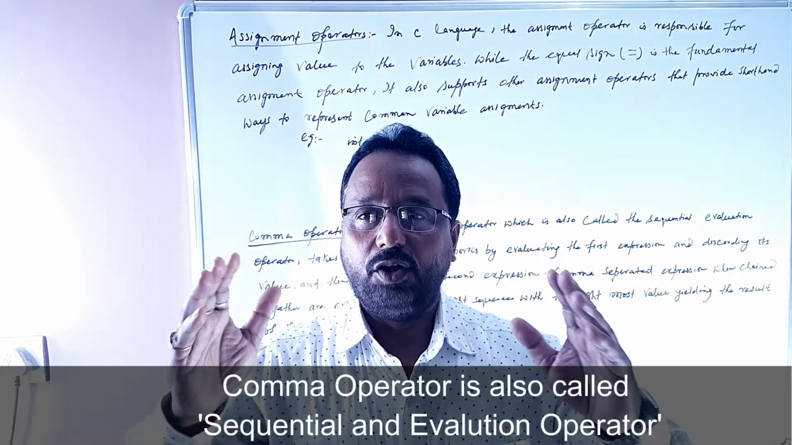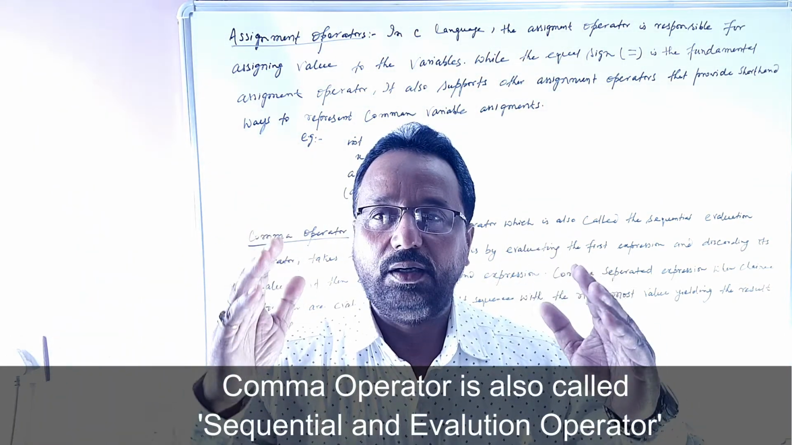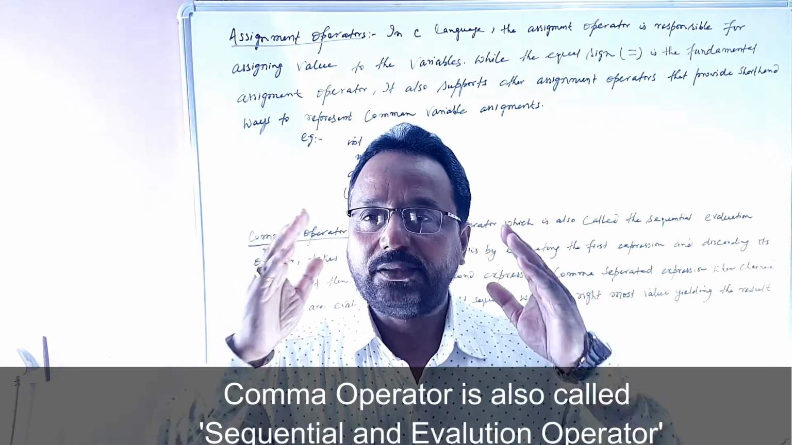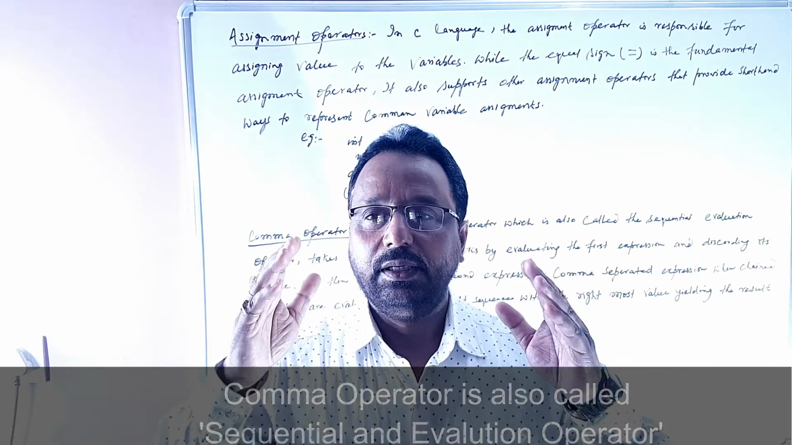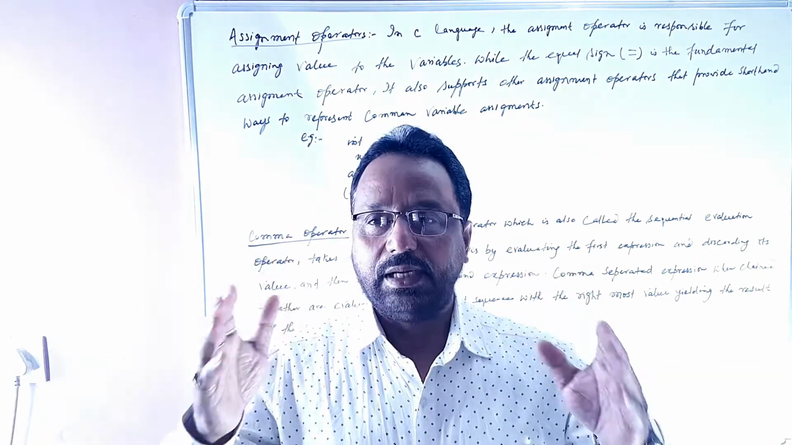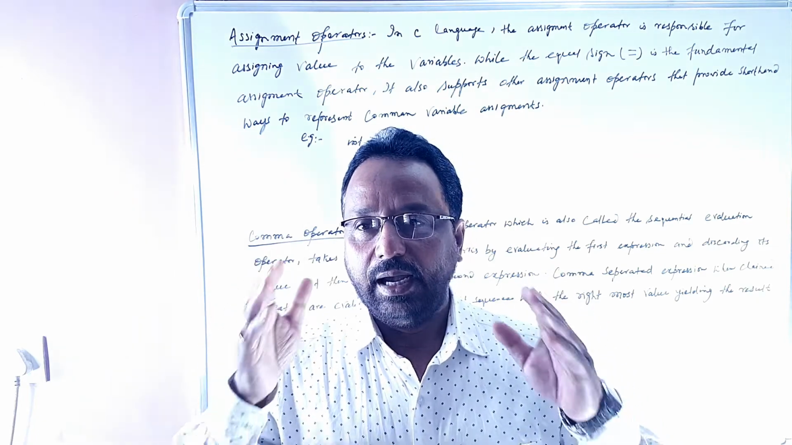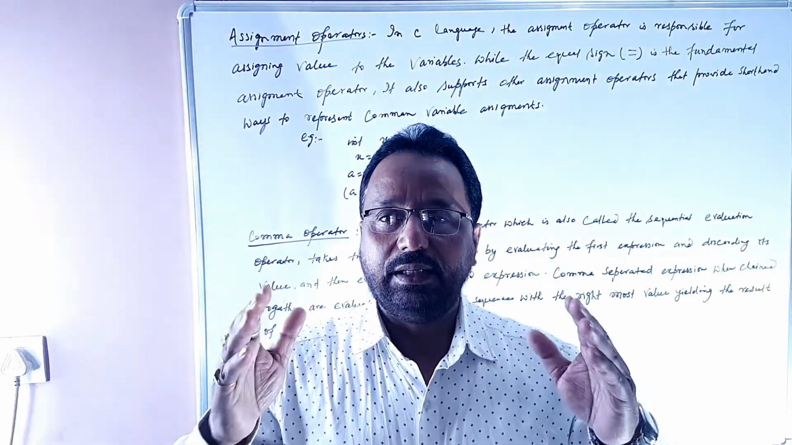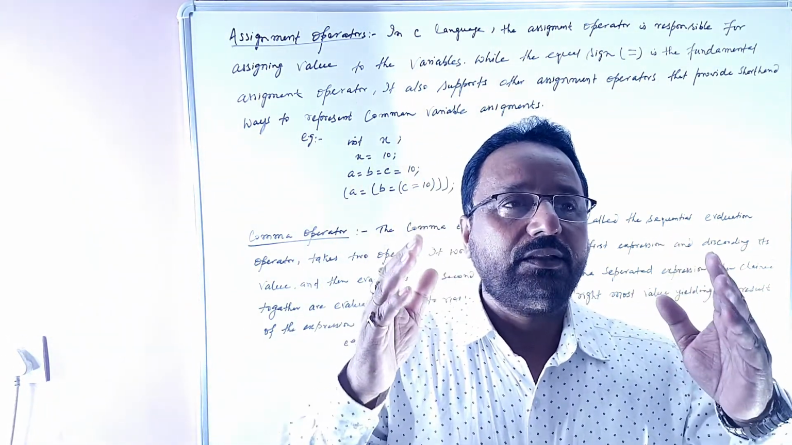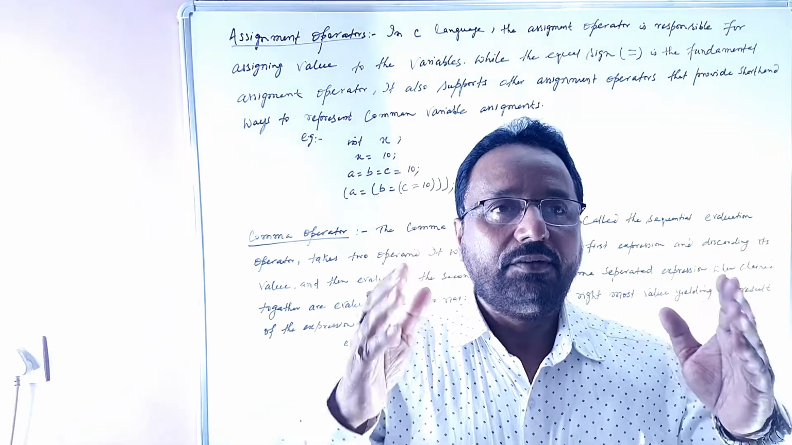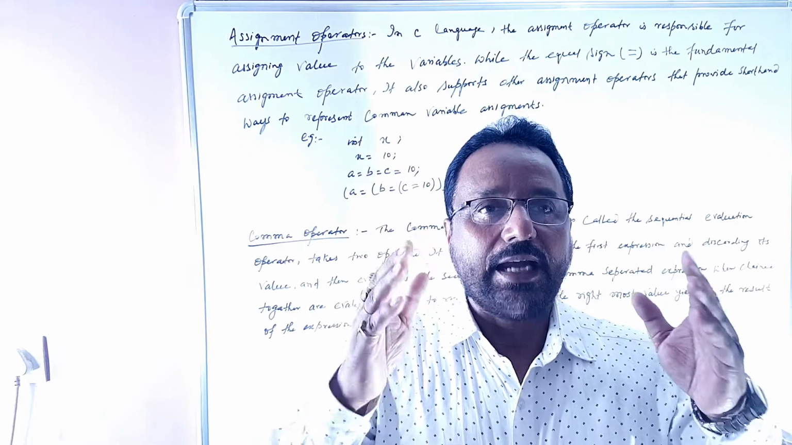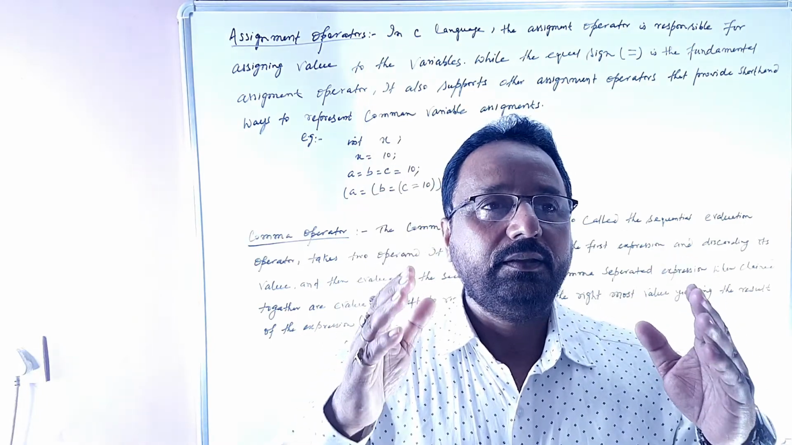Comma operator. The comma operator, which is also called the sequential evaluation operator, takes two operands. It works by evaluating the first expression and discarding its value, and then evaluates the second expression. Comma separated expressions, when chained together, are evaluated in left to right sequence with the rightmost value yielding the result